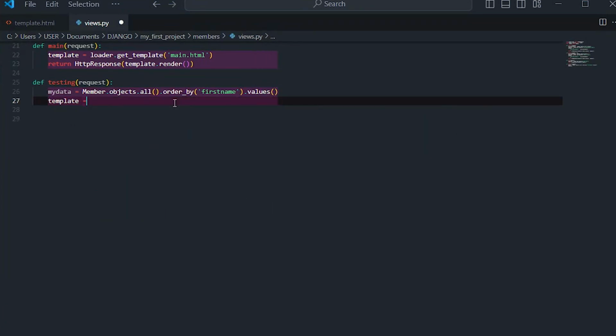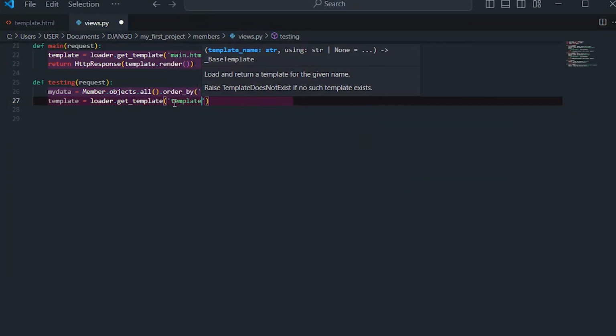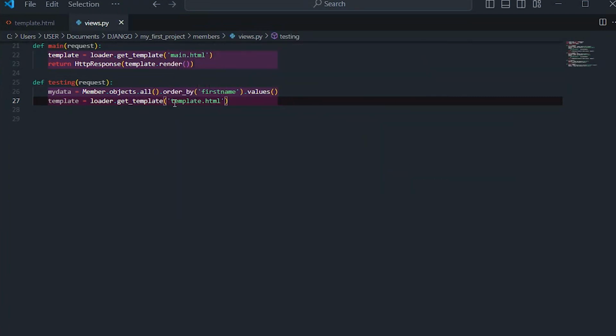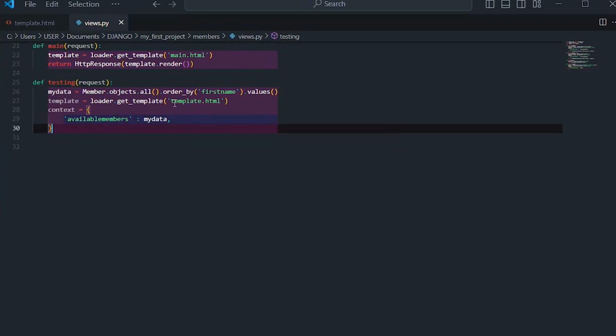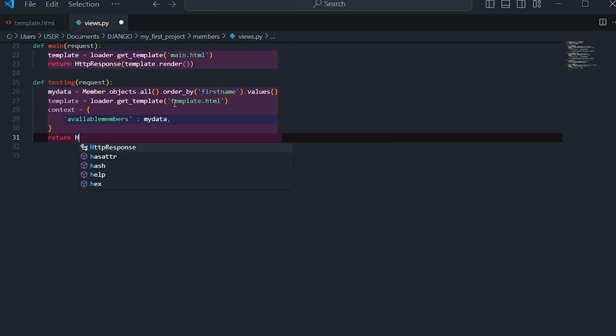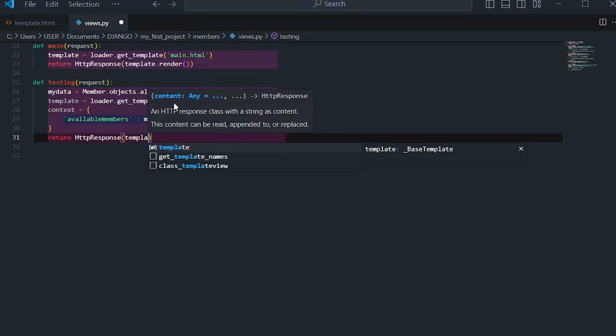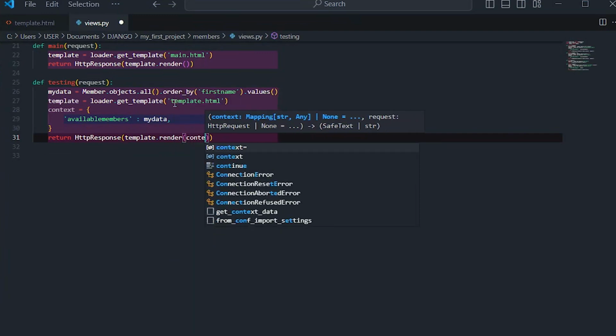Continue with template equals loader get template, template.html, and then context equals available members, my data, don't forget the comma, return HttpResponse template render context